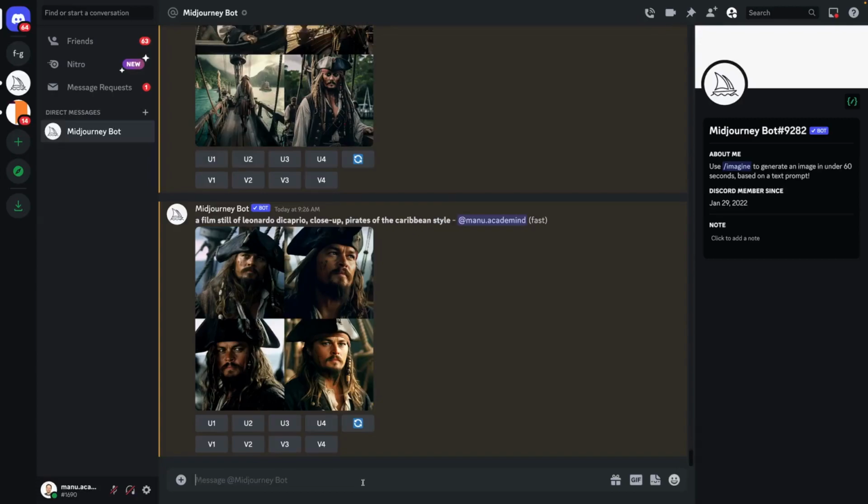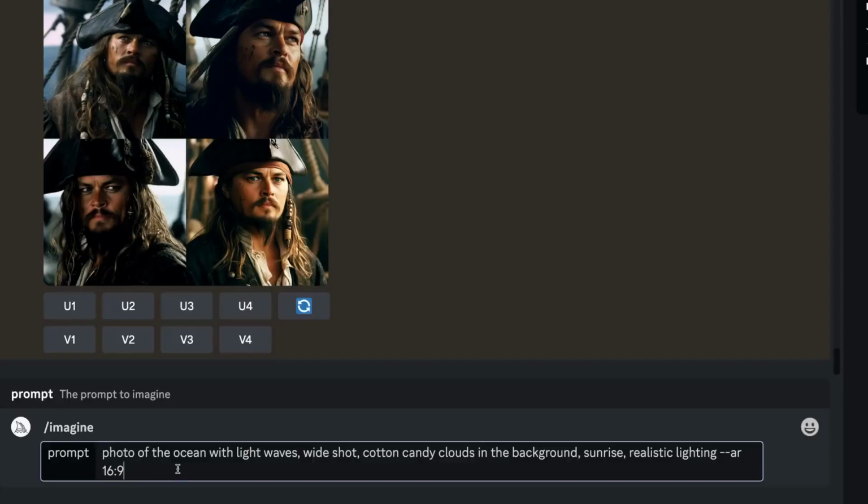Let's have a look at some of these parameters in practice now. For this, I prepared the following prompt. A photo of the ocean with light waves, should be a wide shot, cotton candy clouds in the background, sunrise, realistic lighting. And now, after the last keyword I add to my prompt,